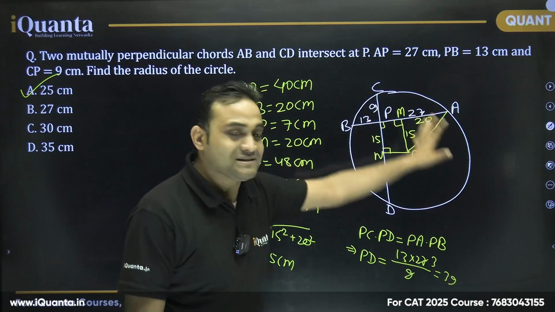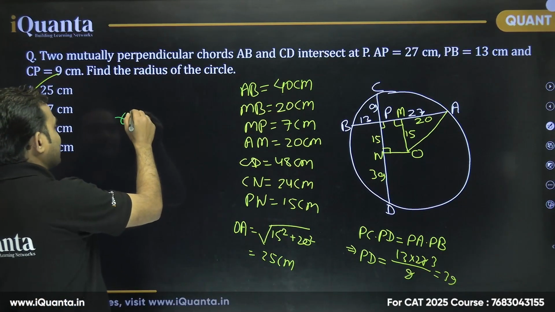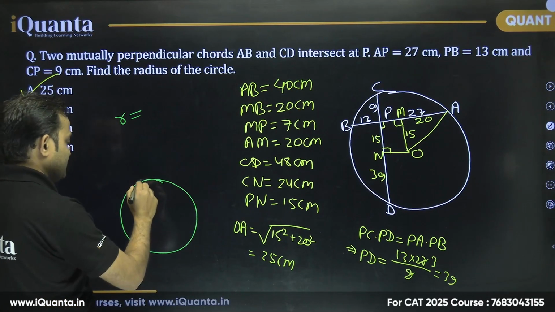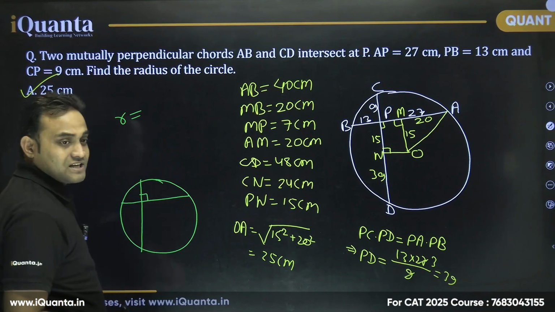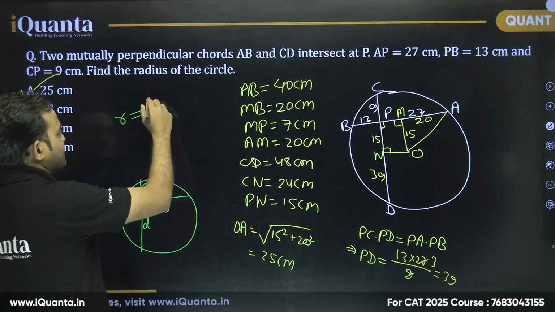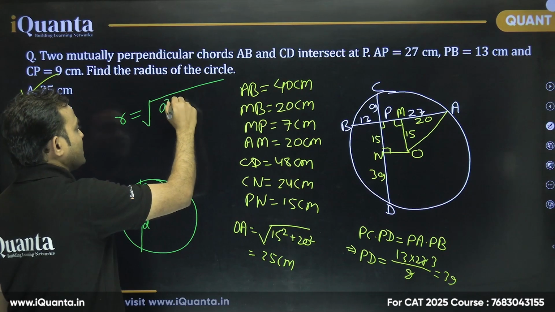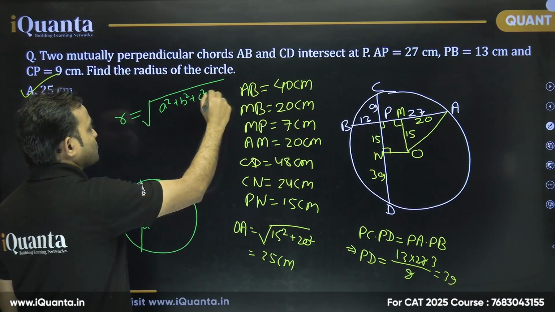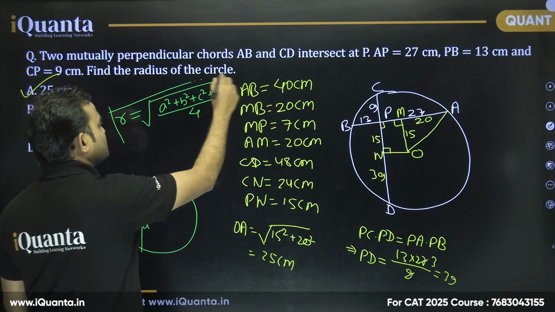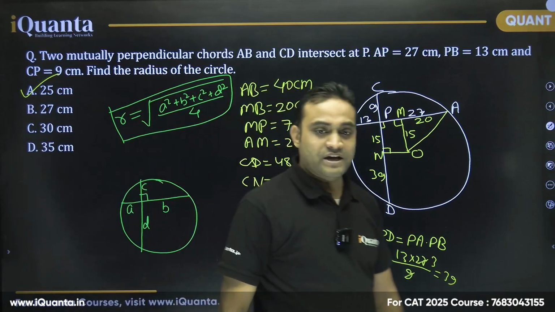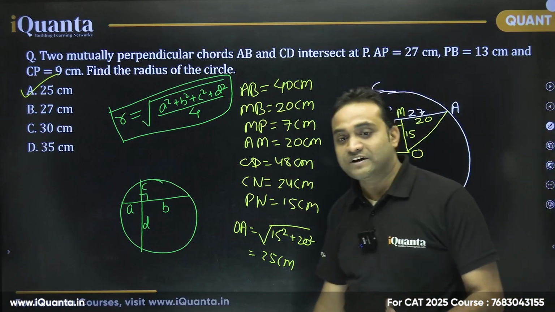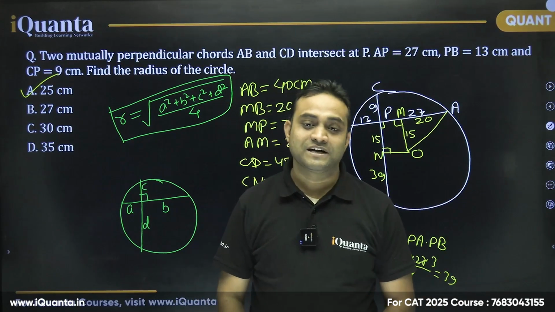If these 4 lengths are given, then you can find the radius directly. Now let's say that in a circle, two chords are intersecting each other at 90 degrees. This length is A, this length is B, this is C and this is D. Then we can say radius R is equal to the square root of A squared plus B squared plus C squared plus D squared, upon 4. So you can directly use this next time onwards. Now instead of ABCD you need to use 9, 39, 13 and 27, and you will get your answer as radius is equal to 25 centimeters. All right,